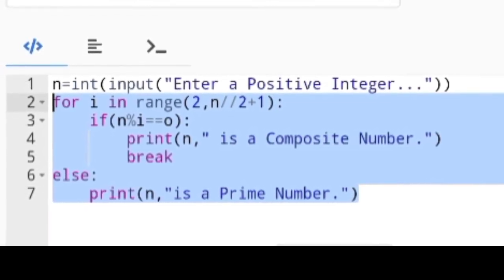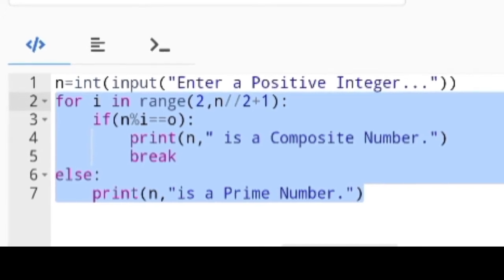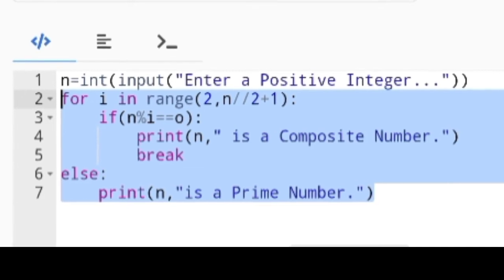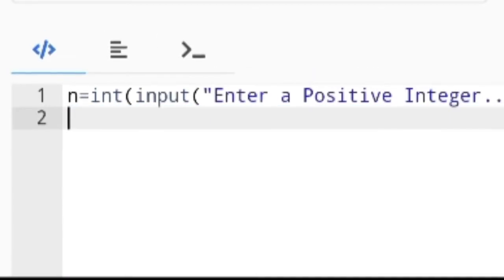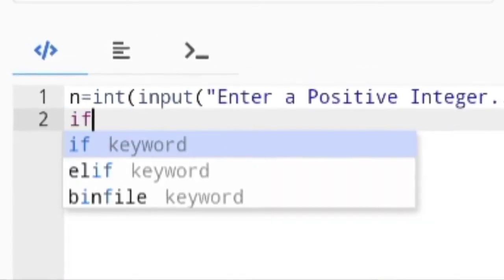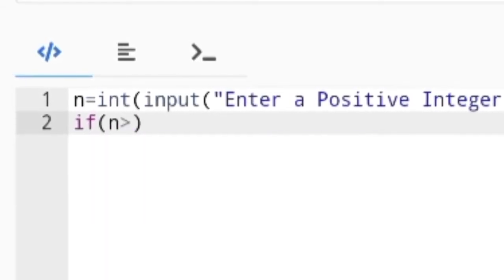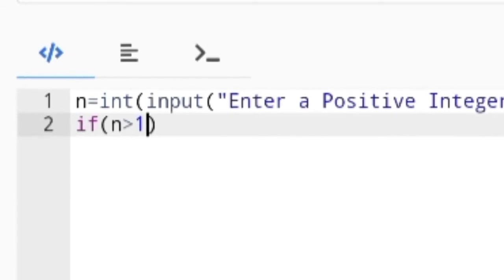Now here I am making this program with another approach to make it more user friendly. A user who doesn't know anything about prime numbers can give the input like 0 or 1, and then our program will not work properly.